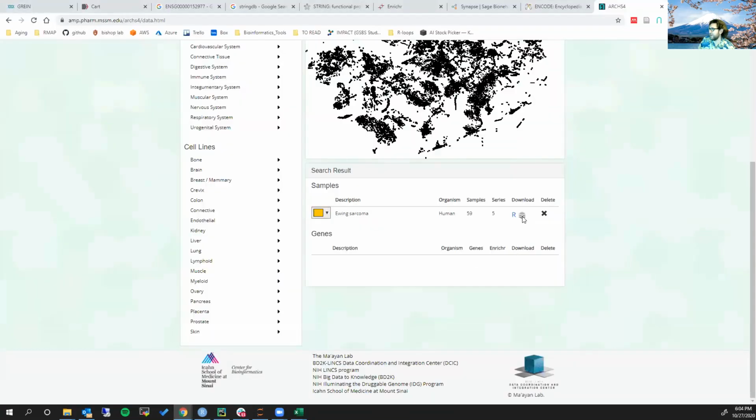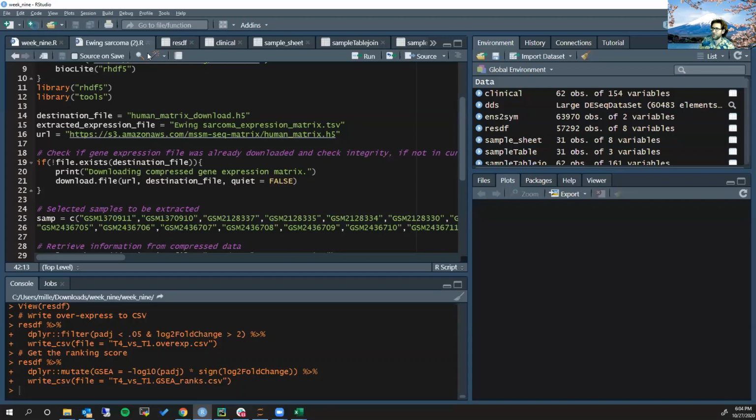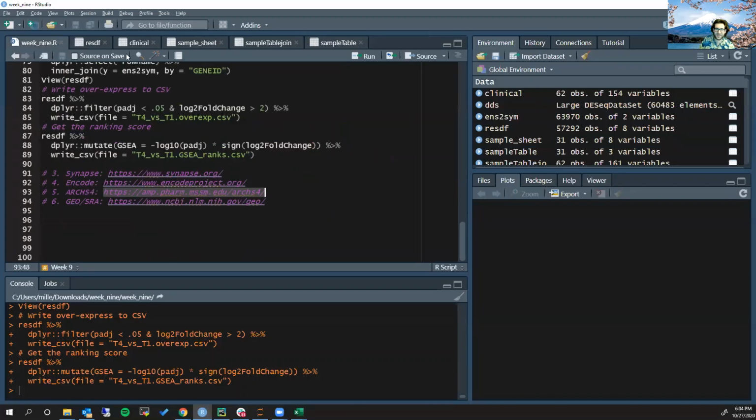So anyways, yeah, as you can see, this is really not working anymore. So that's ARCHS4, which is probably a really great source as long as you're willing to download a 50 gigabyte file to use it. And then finally, we come to the largest, by far the largest source out there,